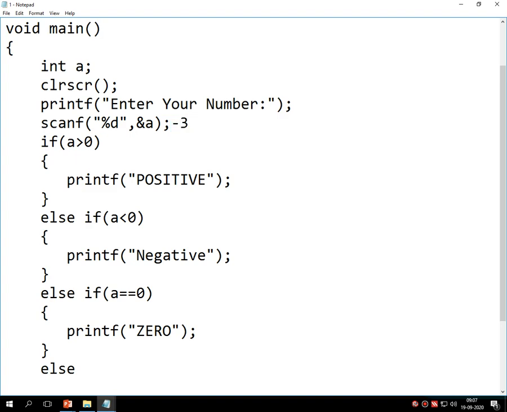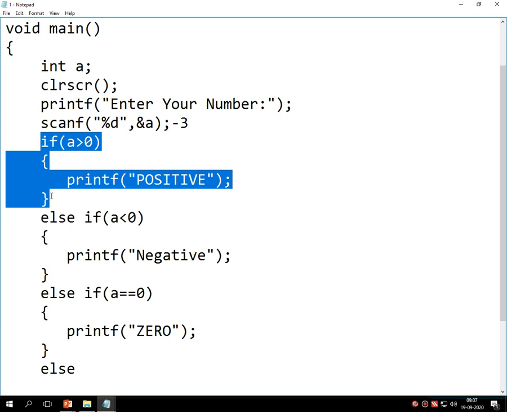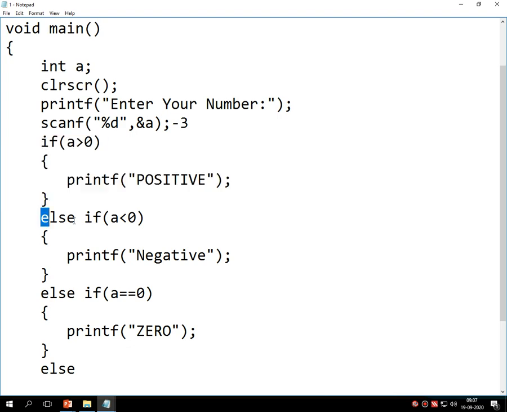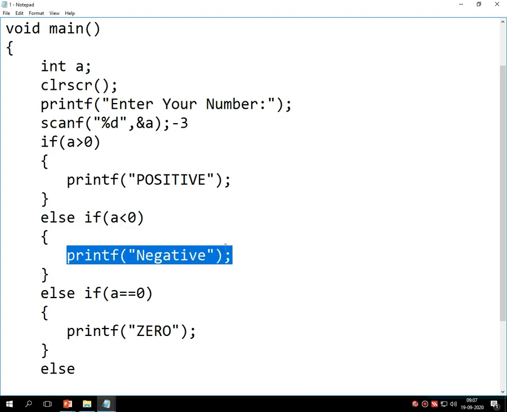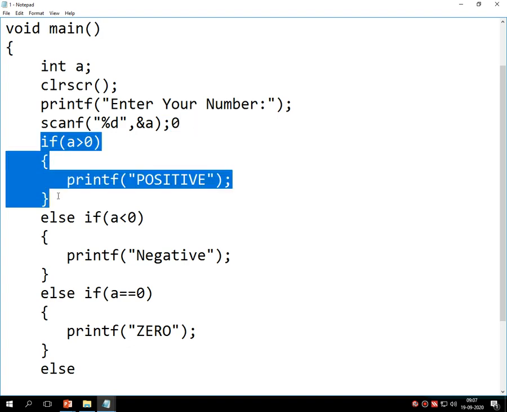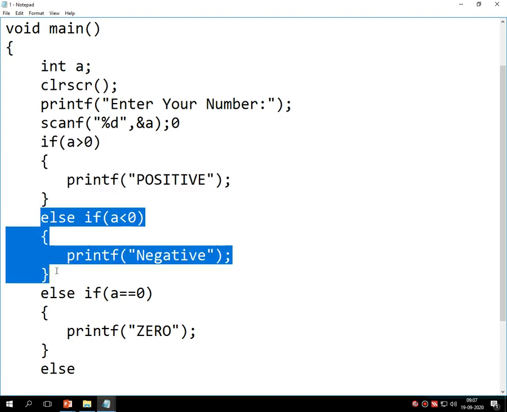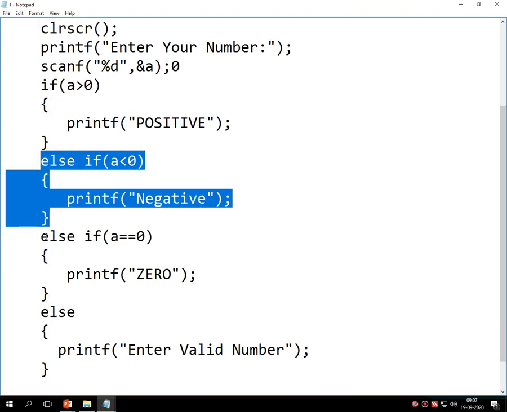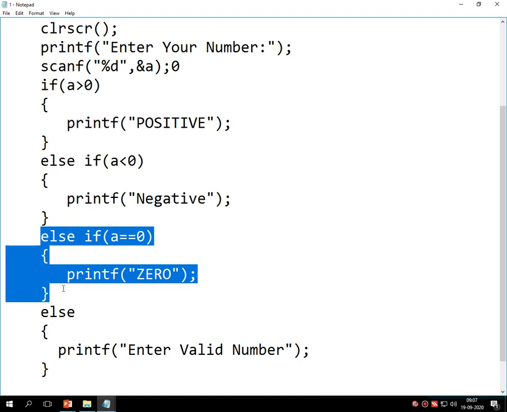Instead of this I am entering -3. -3 is less than 0. That means condition 1 is false, but condition 2 is true. It prints negative and the program gets terminated. Then here I have entered 0. Condition number 1 is false. Condition number 2 is also false, but condition number 3 is true.